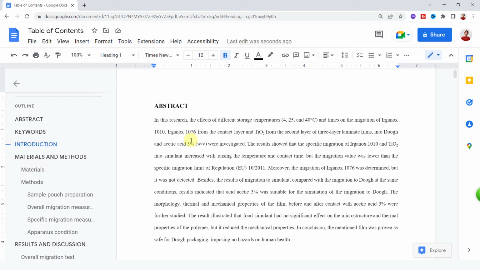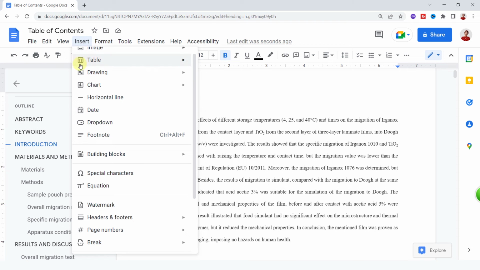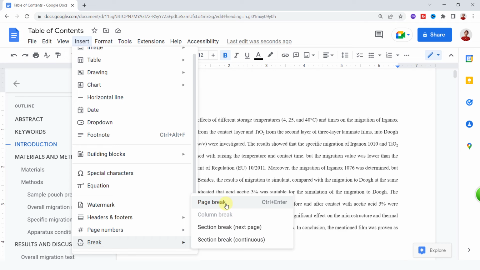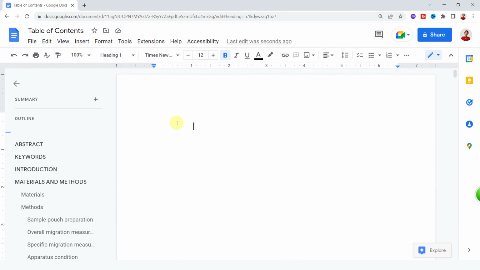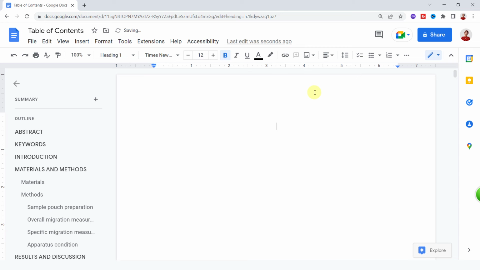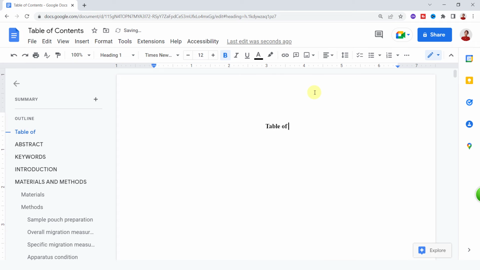Go to the beginning of the text and add a page break. So I go to the Insert tab, then Break, and Page Break. You can use the Ctrl-Enter shortcut key as well. I type the title, table of contents,